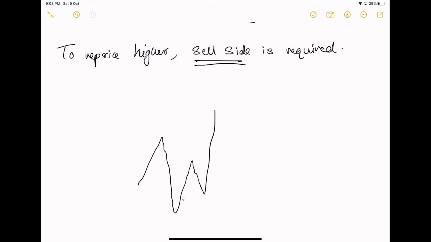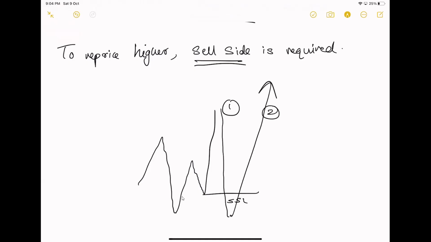The majority of the time, you will see sell side purged, up we go. So number one, it reprices lower for sell side. Number two, it uses sell side liquidity